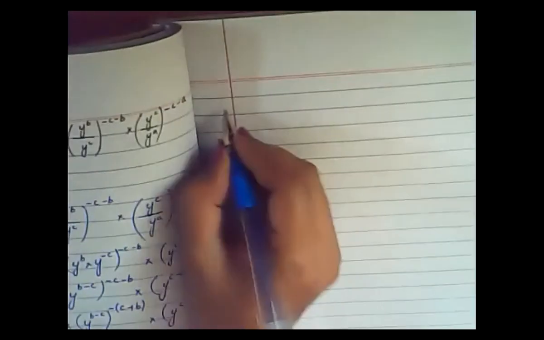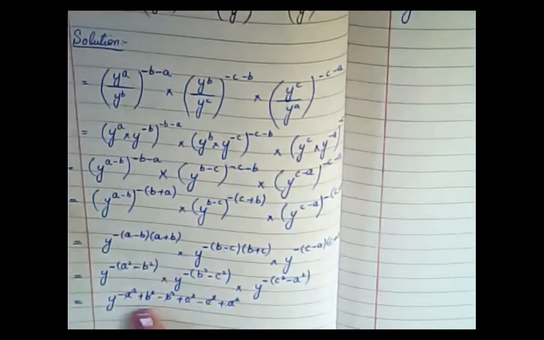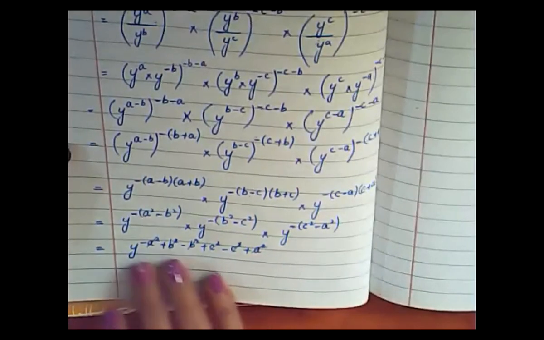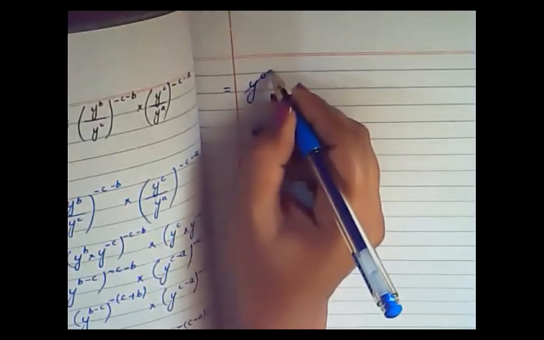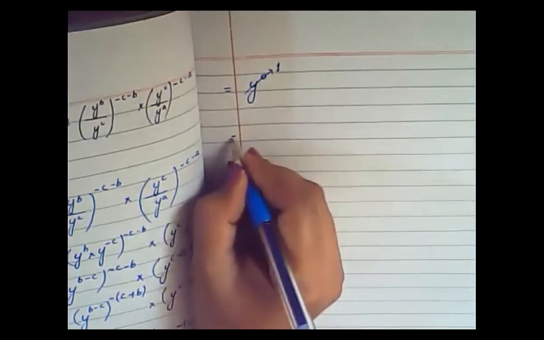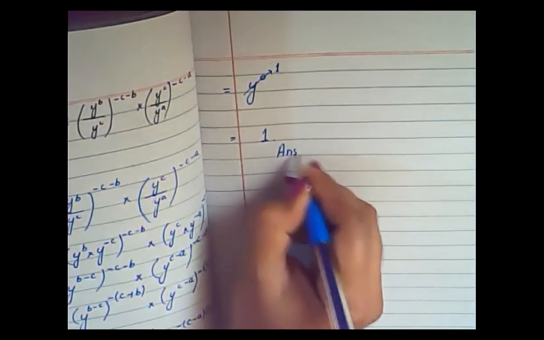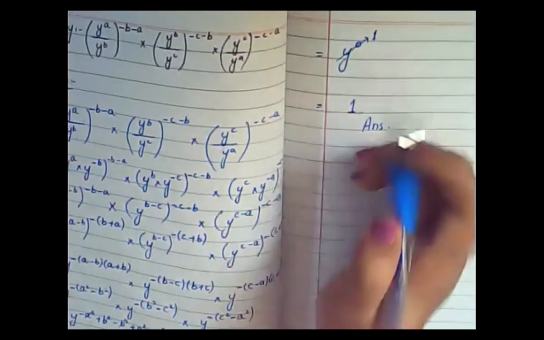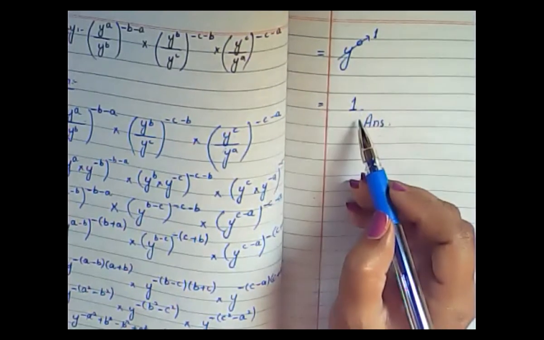You will be left with y raised to the power 0. Nothing will be left here. Okay, nothing will be left on this side. I'm repeating again, nothing will be left. So you will say that y raised to the power 0. As you know, if you have anything with the power 0, your answer will be 1. So the answer for this long question is 1. Okay, this long question has an answer of only 1. Why 1? Because if you have the power 0 of any number, it will be equal to 1.